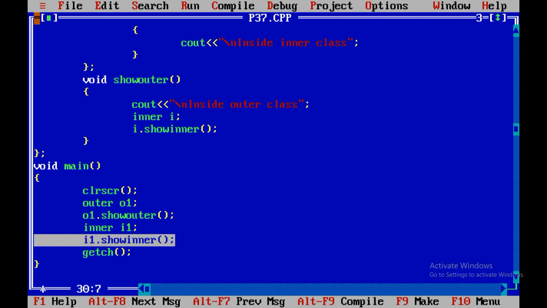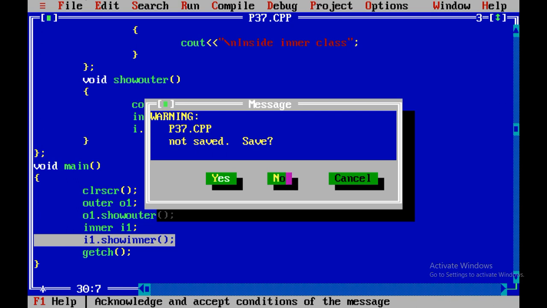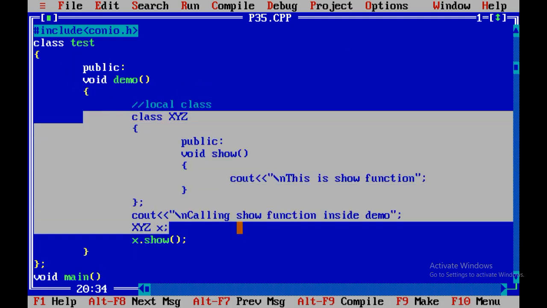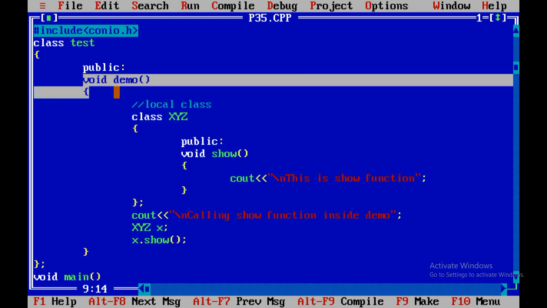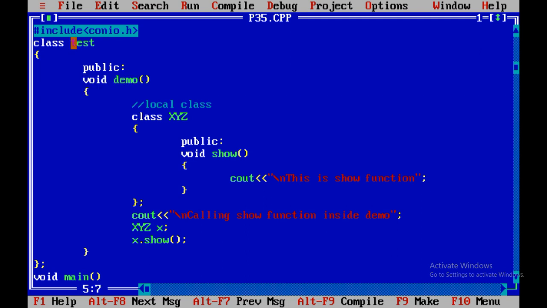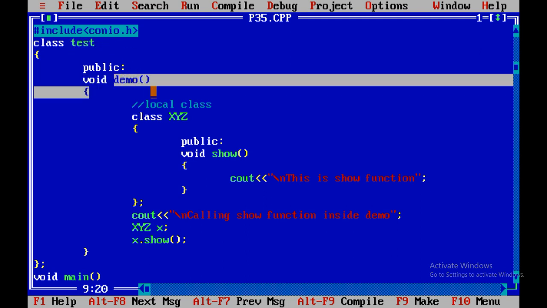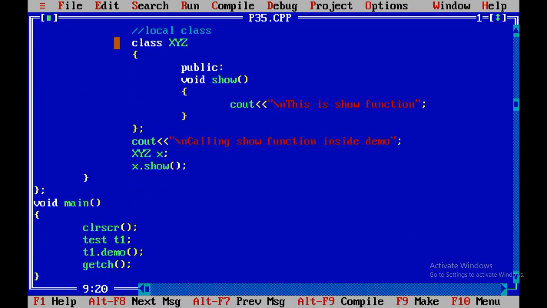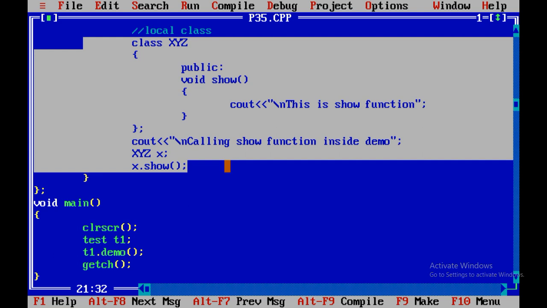But such thing cannot be possible with the concept of local class. Why? Because this class is declared inside the void demo method. So compulsorily you need to create object of test class and call demo method, and only then are you able to access the class and the object and whatever the method you have defined inside the local classes.